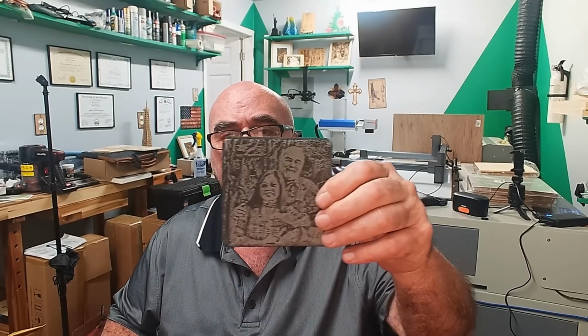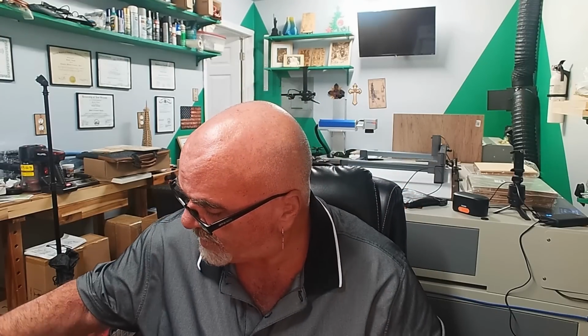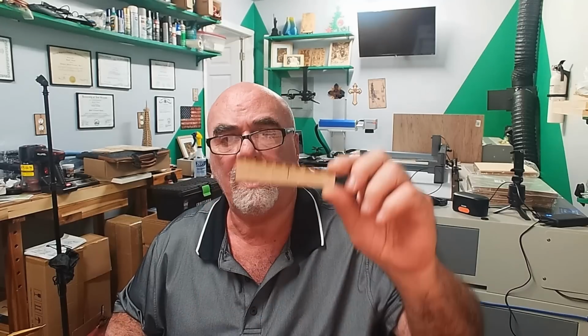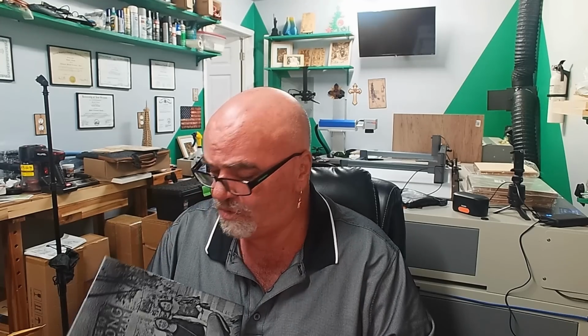I did a quick tile. Didn't come out great. I didn't really prepare it properly, but of course I did my step gauge, which I designed and cut. Was one of the first things that I did. And you saw